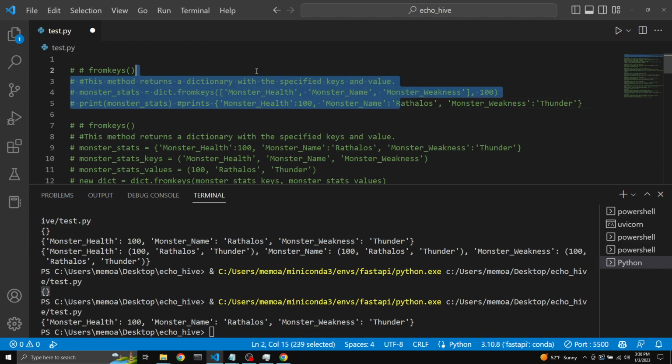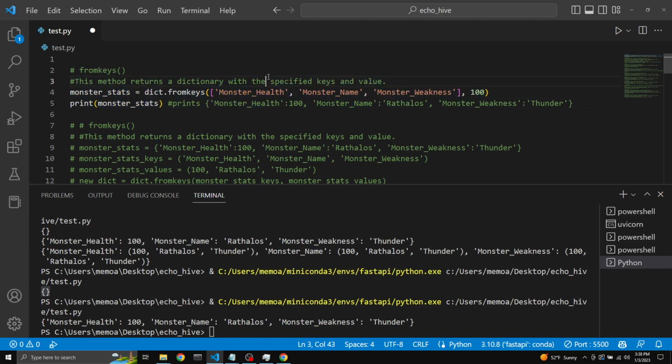From keys, I actually have two examples. What this method does is return a dictionary with the specified keys and value. So for example, you can write it this way, or you can do it in the second way down here. monster_stats equals dict.fromkeys. So these are the keys in a list. And then you can enter only one value. After that, if you print that, each one of the keys will be equal